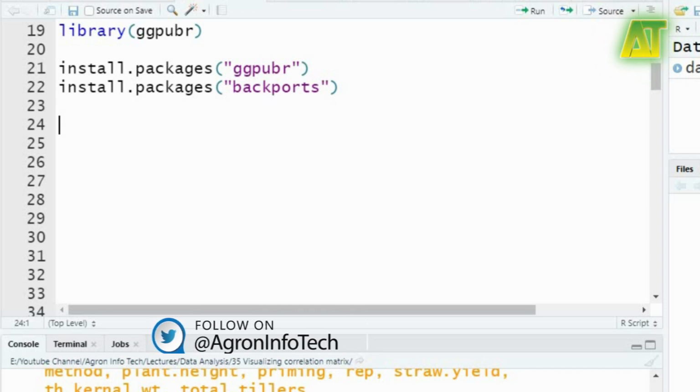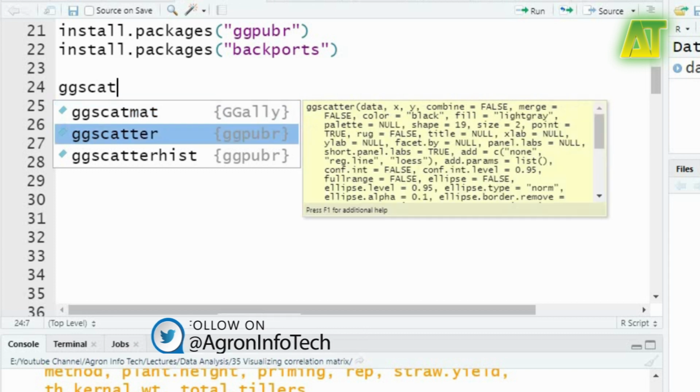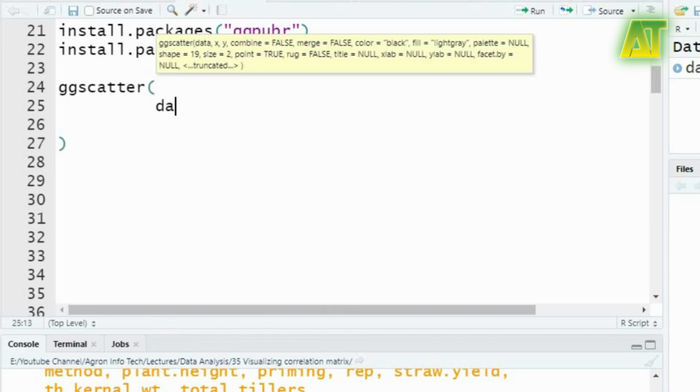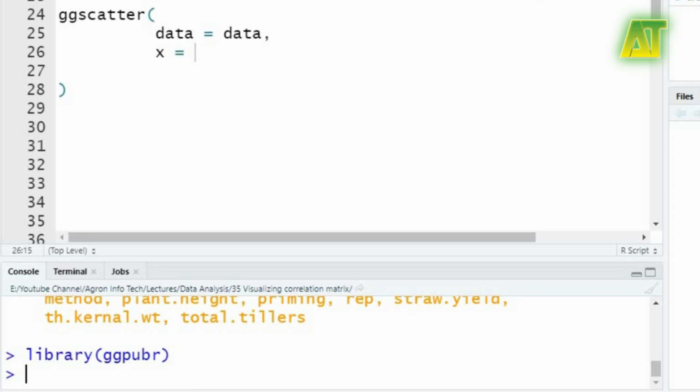Just after loading the package, you can create a scatter plot by using the ggscatter function. In this command, the first argument data specifies a data frame. As we have already saved the dataset in an object assigned as data, we can set this data object as the value for this argument. In the x and y arguments, we need to specify the variable names that will be located on the x and y axis.